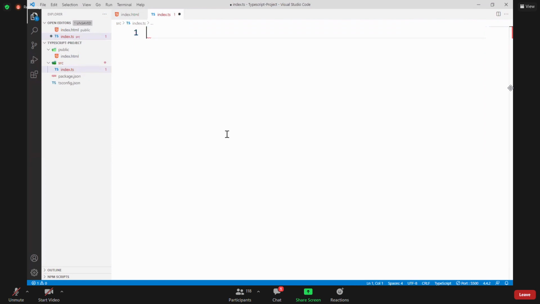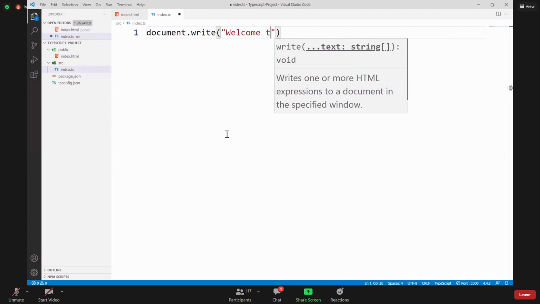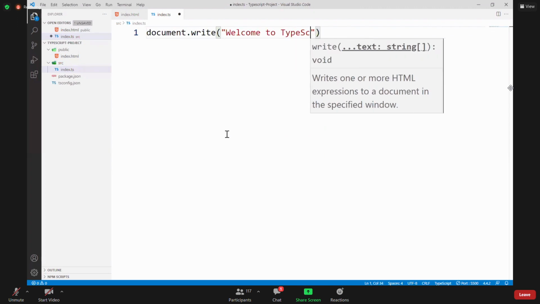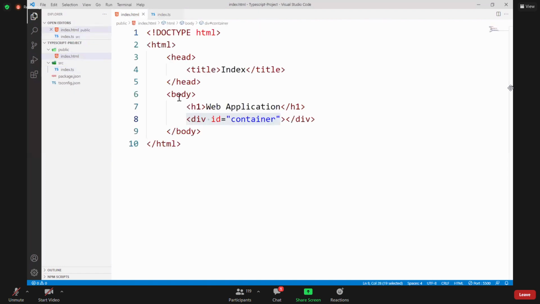See, I am writing only one message, document.write, welcome to TypeScript. Understood? That's only one line I am writing. Later we will learn TypeScript basics if you feel difficulty understanding, because after we start learning TypeScript, we will write TypeScript logic. As of now, put this one line. I cannot use this TypeScript in my page. I don't need all these now.